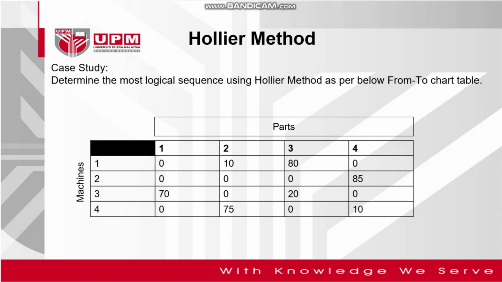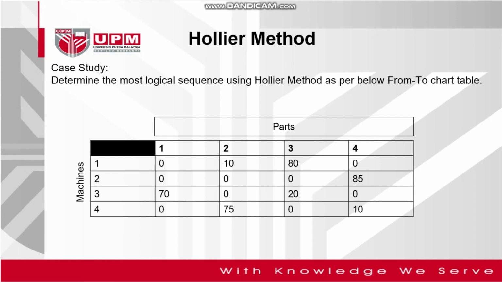In cellular manufacturing, the Hollier method is a simple heuristic used to sequence machines within a manufacturing cell to improve the material flow. There are several advantages of the Hollier method, such as improved material flow efficiency, reduced material handling and travel distance, and it is also easy to apply and